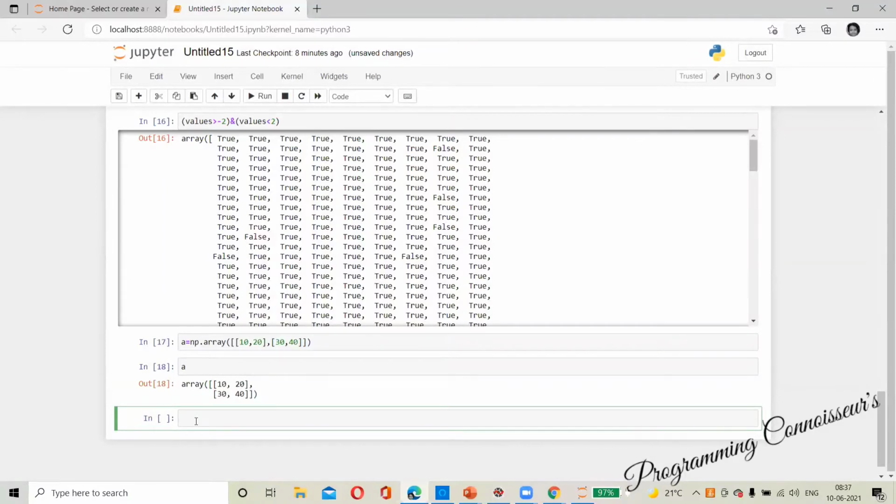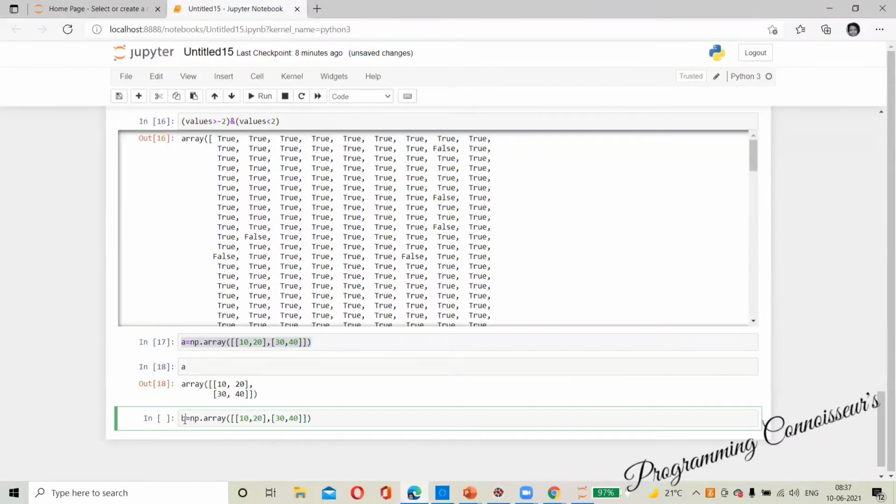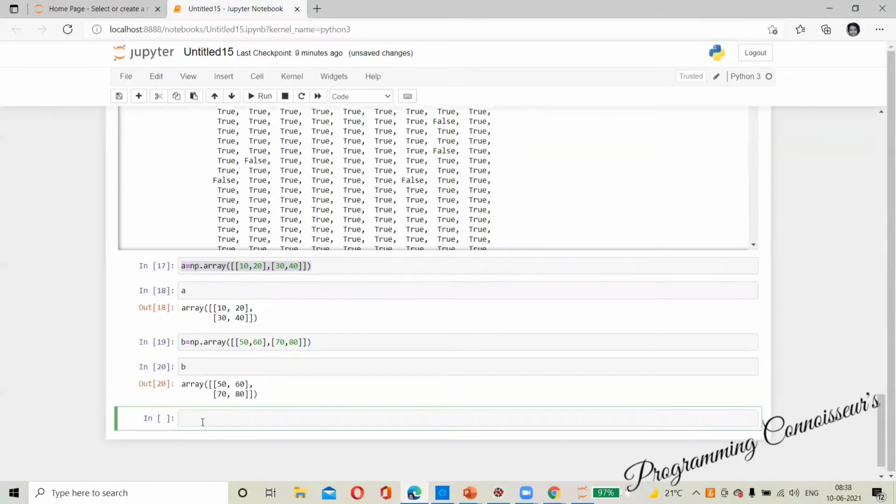We will specify another array, B, which is 50, 60, 70, 80, and we'll print B. Okay.